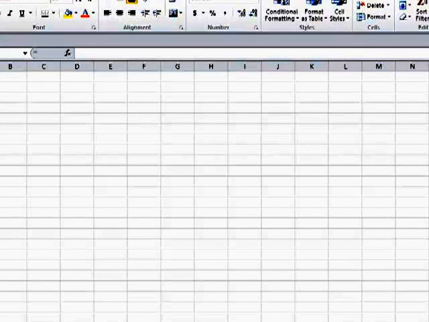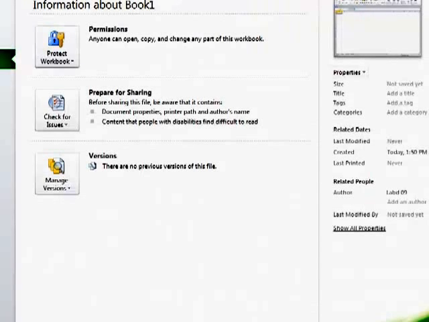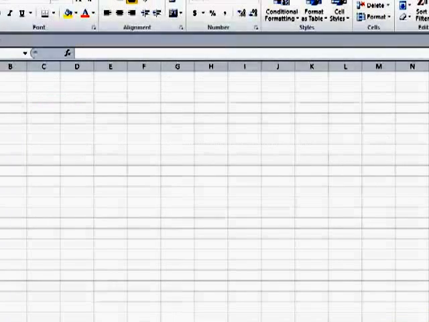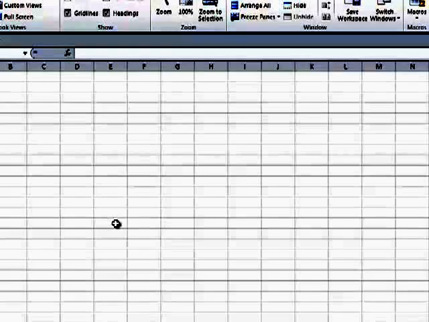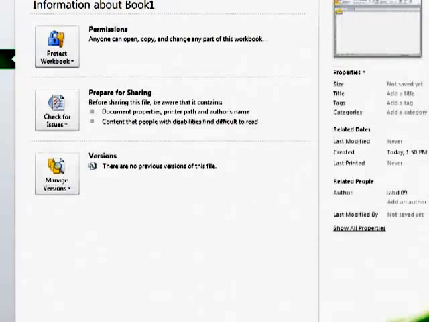What is also new to 2010, and unlike 2007, we've got a File tab. It's called the Backstage view when you click on the File tab. Notice you do not have any grid area in view for your file. But when you're at the Home, all the way through to the View tab, you can still see your grid area to work. When you're at File, you'll note the first four are rather familiar: Save, Save As, Open, and